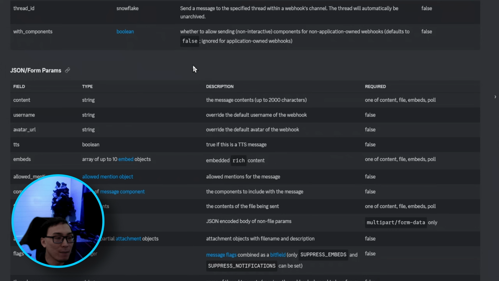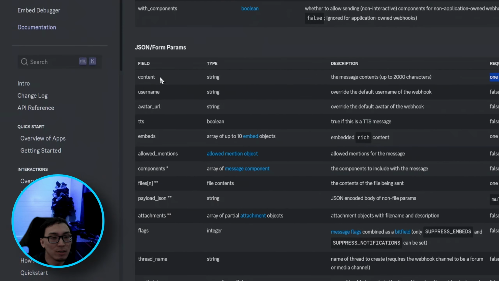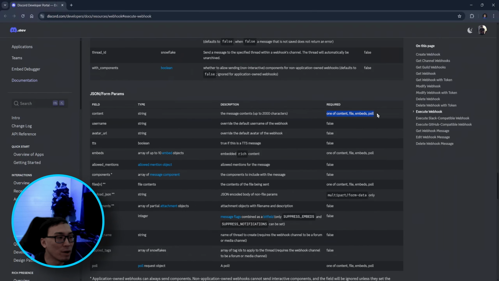The main thing I'm interested in right now is the required fields. You can see over here that the required field is one of content, file, embeds, or poll. You can see those listed under the fields here. So that means that each payload going to a Discord webhook URL is required to have at least one of those fields. As we are not sending a file, an embed, or a poll to Discord, we can just use